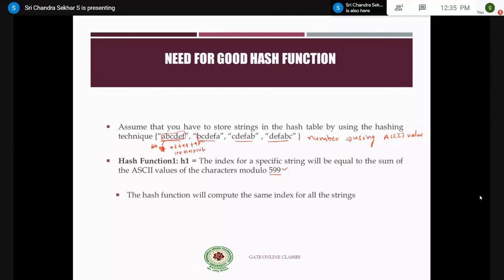Similarly, if you go for B, C, D, E, F, A, the ASCII values remain the same. Therefore, it will also evaluate to 599. This is also 599, this is also 599, right.